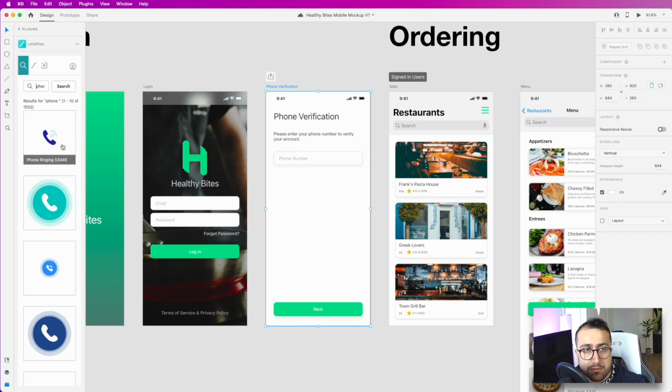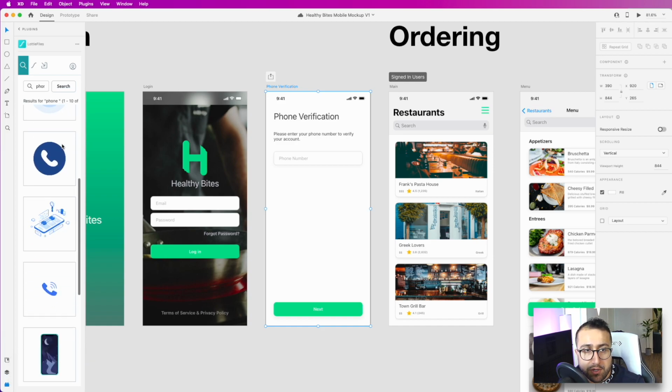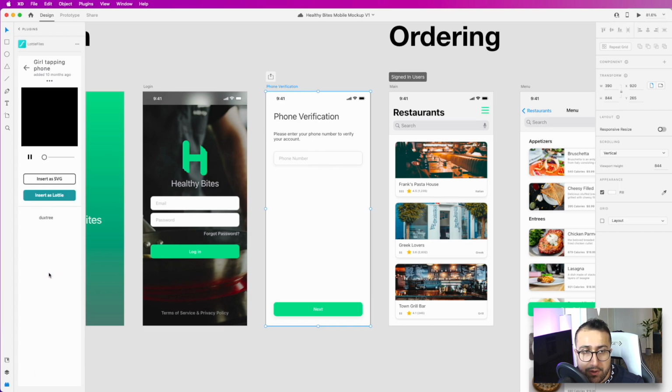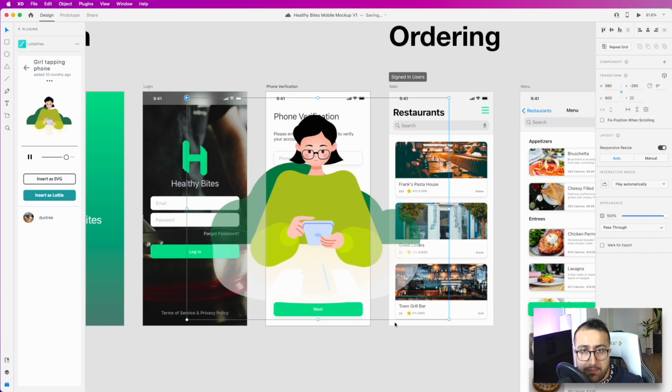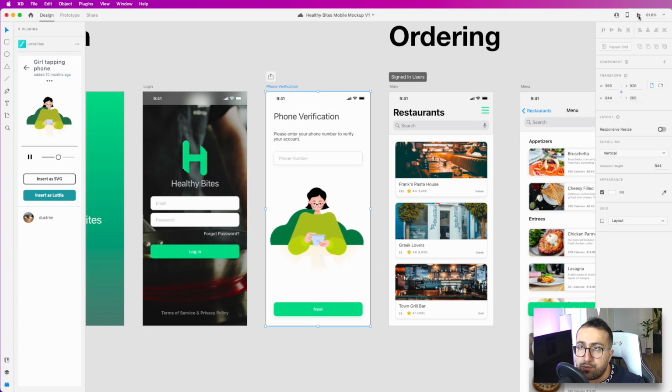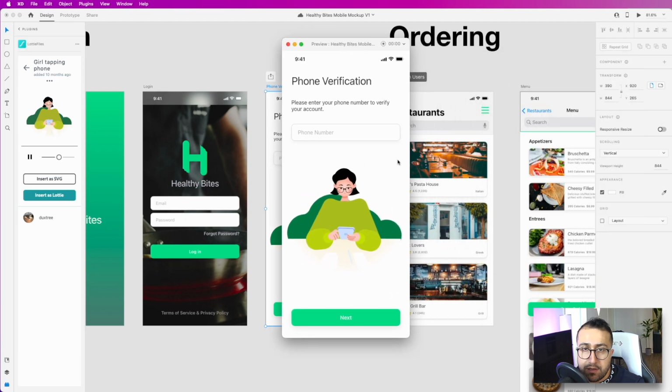Let's say over here, animation over here. And let's say I like this animation here. I can go ahead and click on it and insert it as a Lottie animation in my file. I can go ahead and hold shift and just make that smaller so it fits my project. And then when you do go to desktop preview, as you can see, that little animation will now play